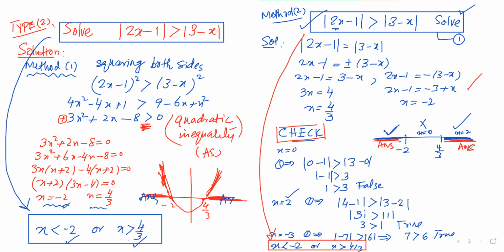And the second method is the number line method. We find the critical points and verify the region. Next, there's a question, and I can label this as type number 3. So this is type 3 of the question of inequality. In this case, one side will be modulus and the other will not be a modulus but any other function. So the question is, solve